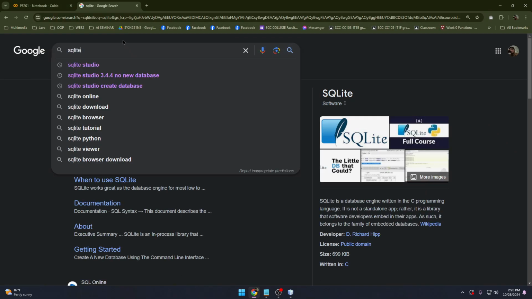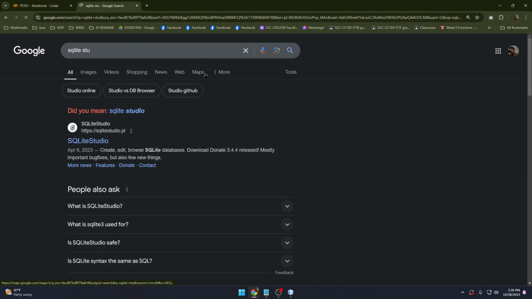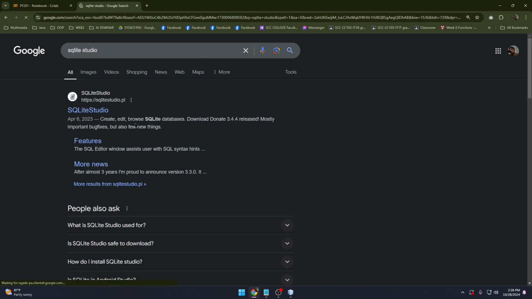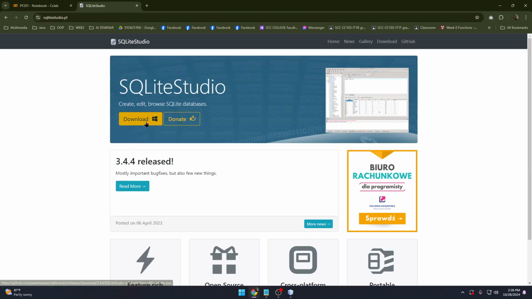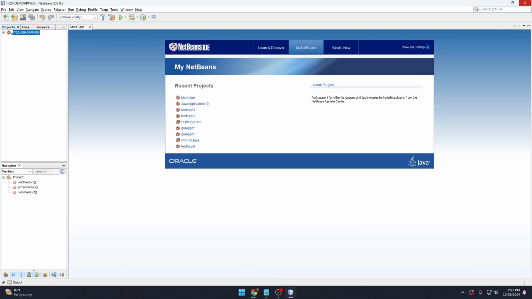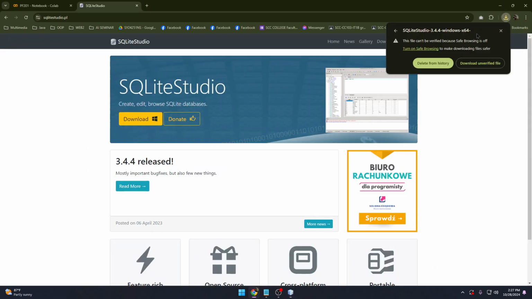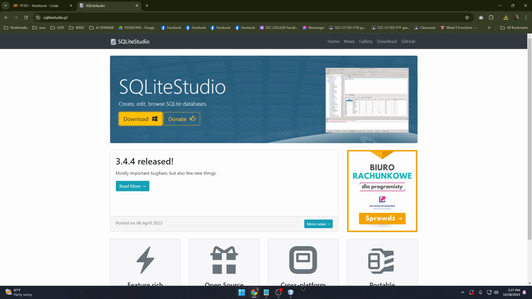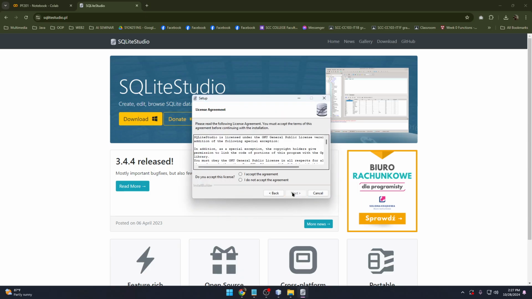I'll be installing SQLite Studio in this case. Yet, the NetBeans as well, the NetBeans 8.2, and yeah, the Google Colab. So today, as I'm waiting to install this here, we're going to have to demonstrate the process of a customer product and orders